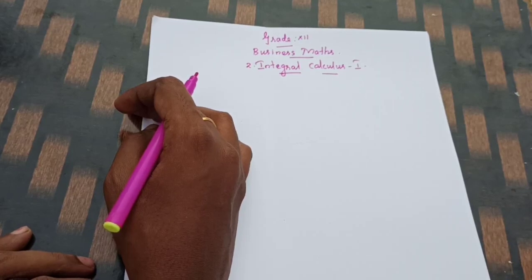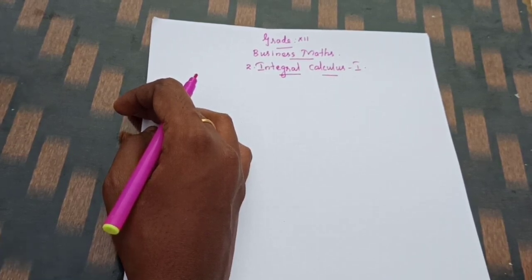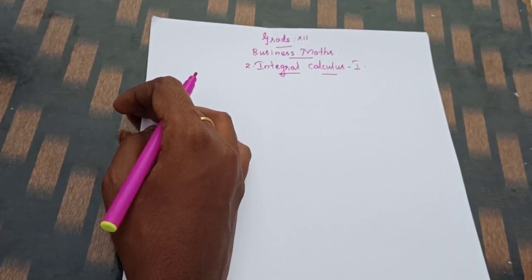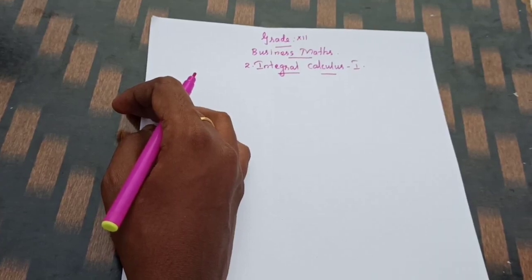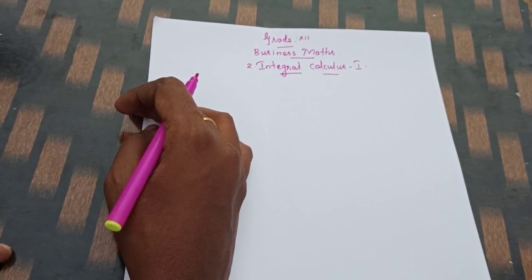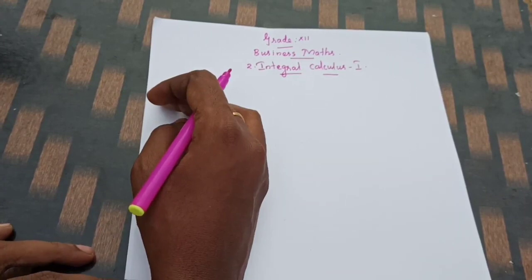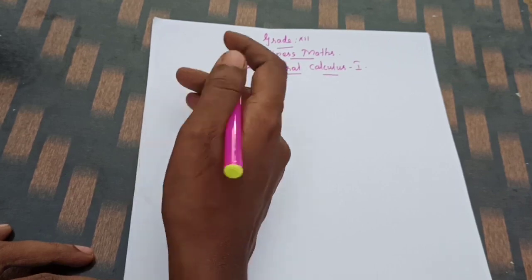So now we are learning integral calculus 1. In the second chapter, on the first day itself, I said we are learning a lot of formulas. Every day you are learning new formulas, and each and every formula is very important. If you are thorough in the formulas, it will be very easy for you. I hope you all learned all the formulas and completed the homework also. In our last class, we completed up to example 2.23. So let's start from example 2.24 today.